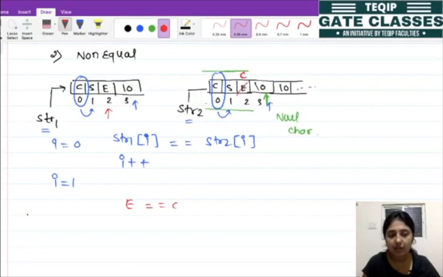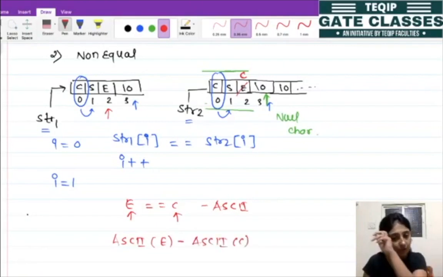At that time, we need to do the ASCII difference. In this case we have to use the ASCII of this minus the ASCII of this character, that is, the ASCII of string 1's character minus the ASCII of string 2's character. For this case, the ASCII of E gets subtracted by the ASCII of C.